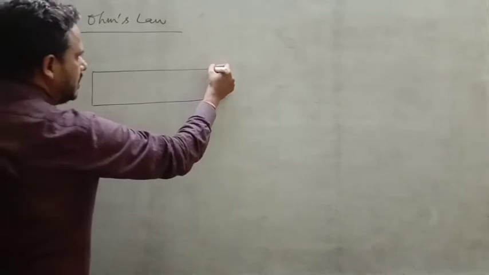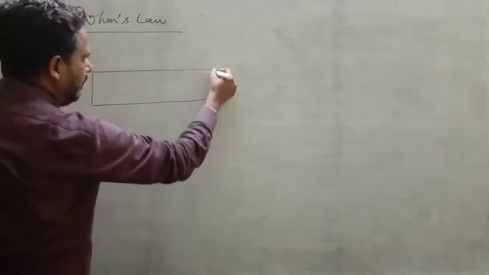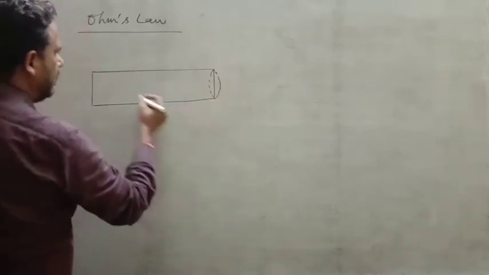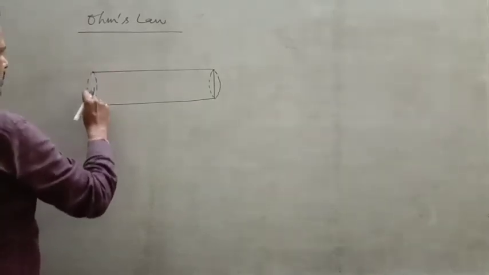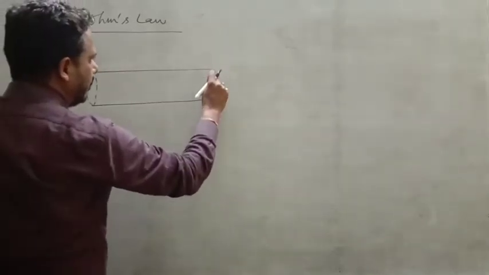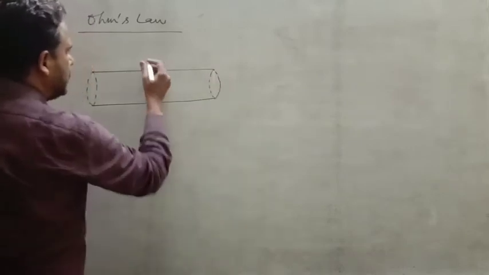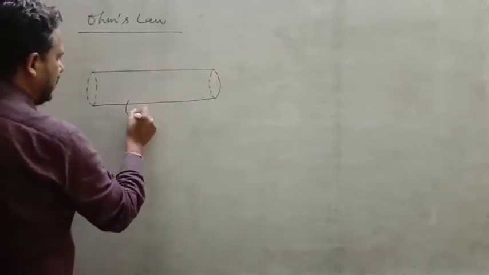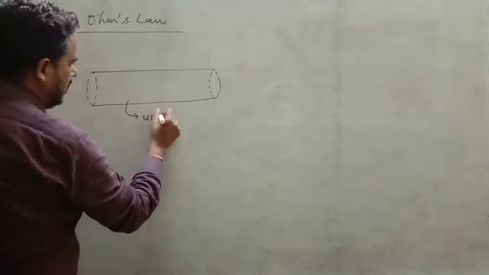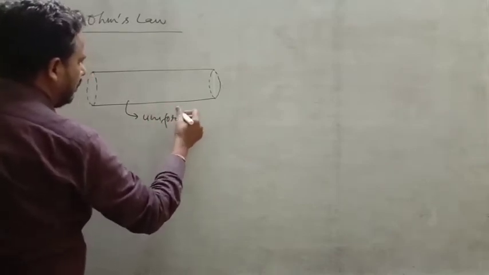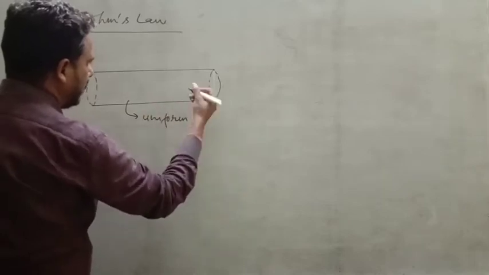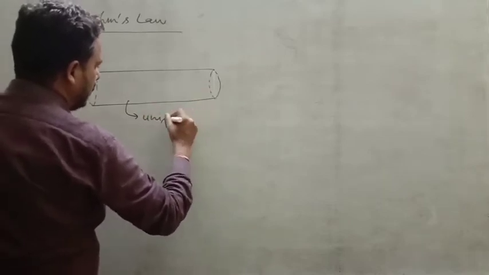A diagram is just like we have taken a wire. So this wire, actually, this is a uniform wire. First of all, it's a uniform metallic wire, that is a uniform conductor. So a uniform wire is there,